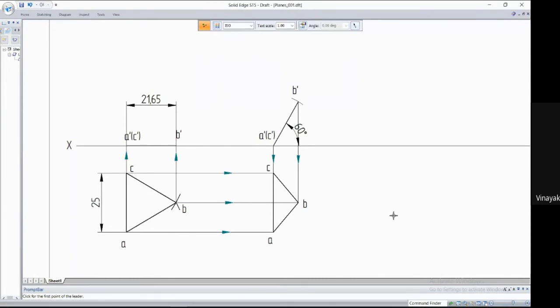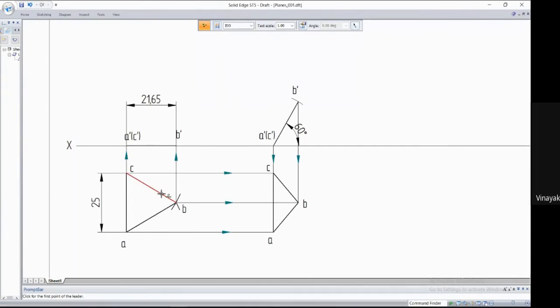Remember, whenever a top view is the true shape, the first inclination must be done with respect to the horizontal plane. In the question it might be given anyway, but make sure you identify which plane it is resting on first, either the horizontal plane or the vertical plane.